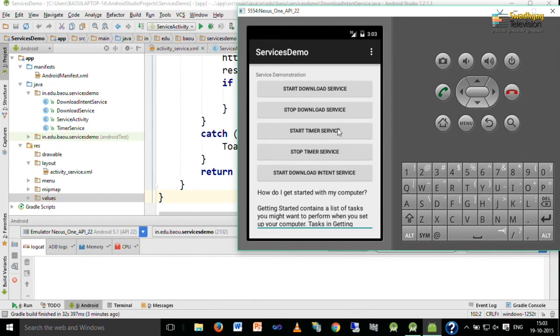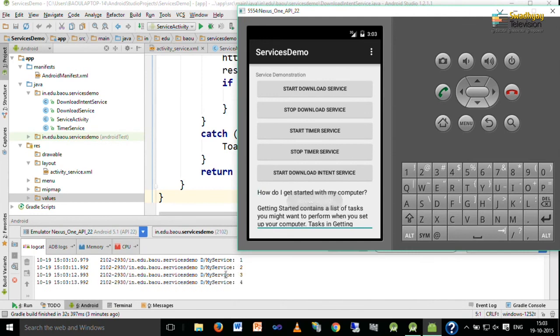So, here I am pressing start timer service. Here if you follow the mouse pointer, you can see it displays the counter value continuously with tag my service and D represents debug, and when you want to stop this counter, you just press this stop timer service.